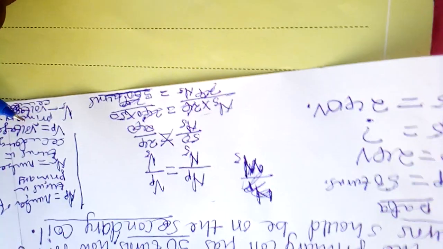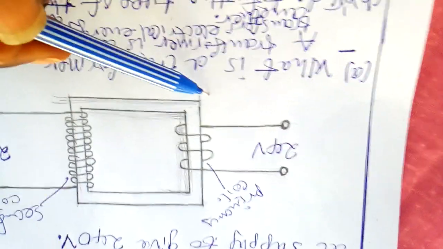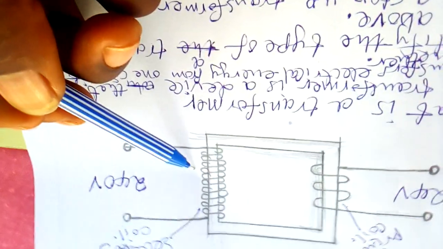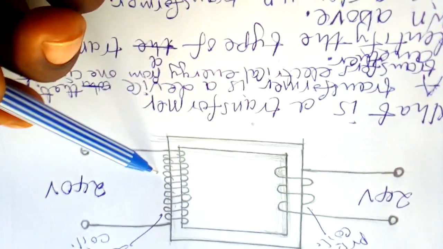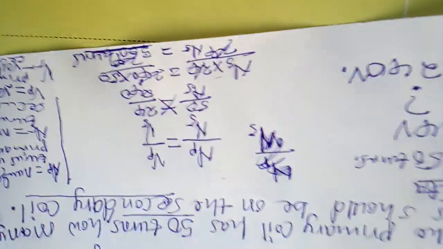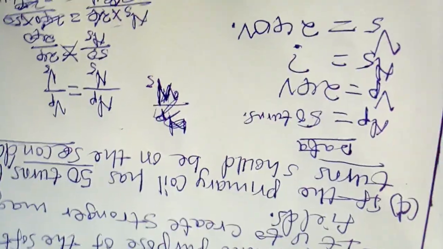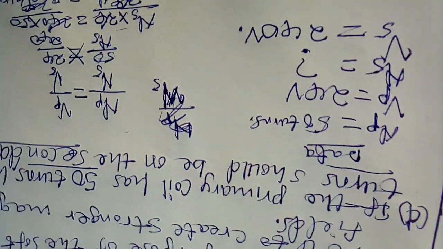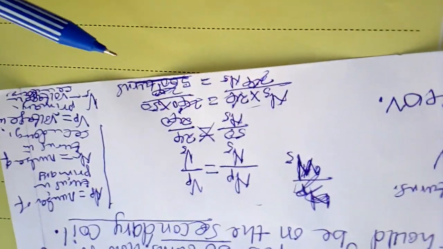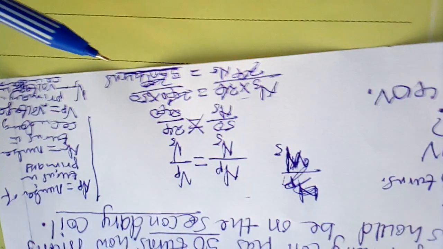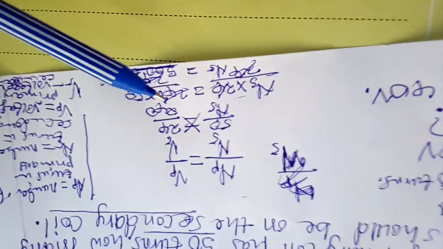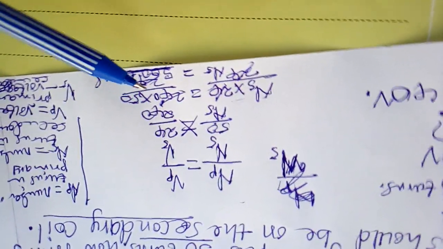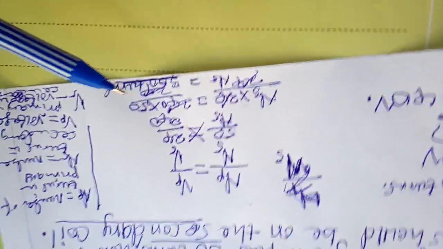So in this case, here we have got 50 turns, and here we have got 500 turns. If you want, you can just multiply 240 times 50, then divide by 24. But you can take the shortcut which I've taken: over 24, 24 into 24 is 1, and 240 becomes 10, then 10 times 50 is